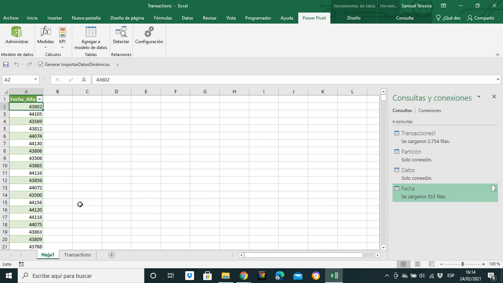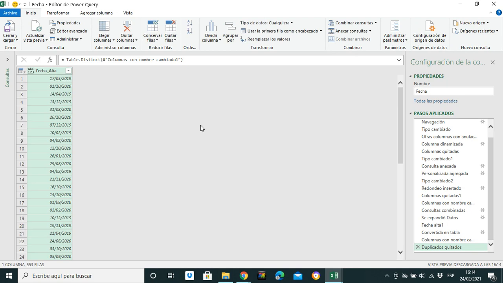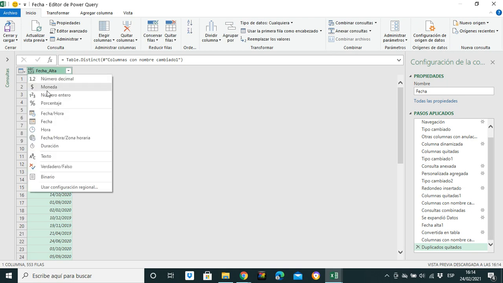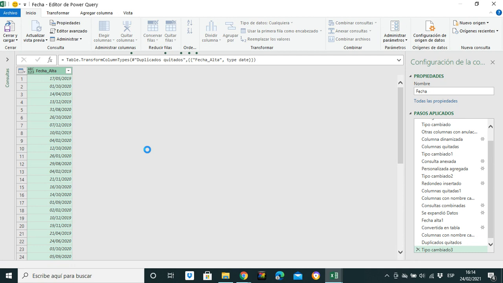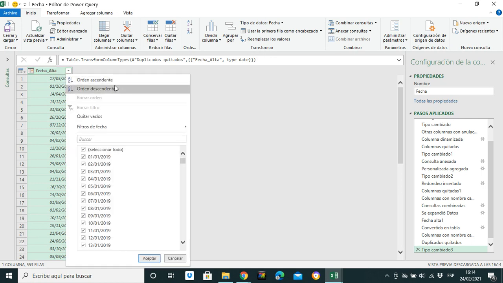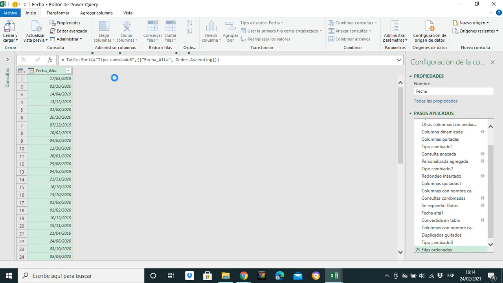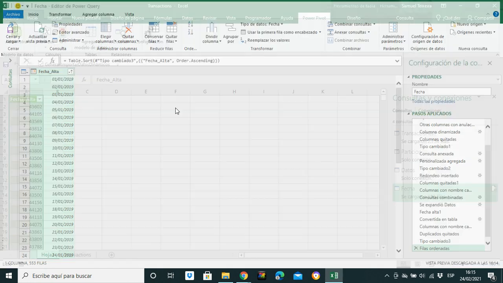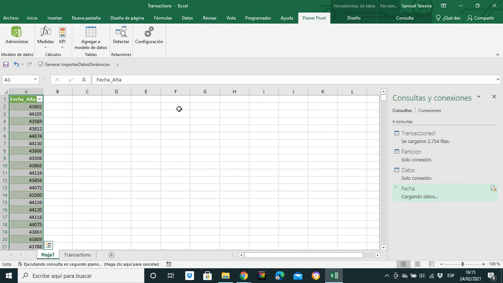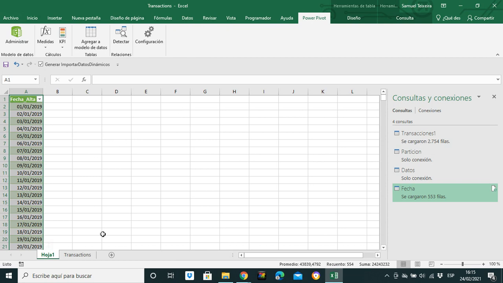I know why it's showing this in numbers. Let's see what happened. Of course, I have to click on date, the type of data on date, and let's reorder in an ascending way. That's right, pretty much better. Now let's close and apply. All right, much better. Now